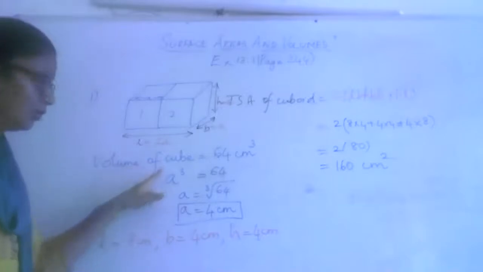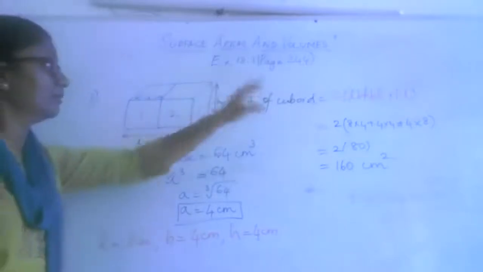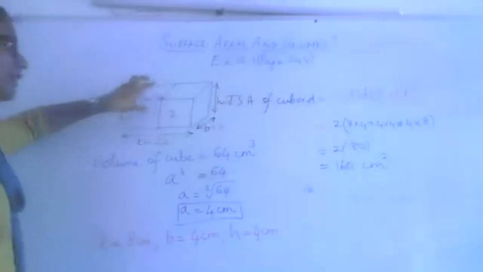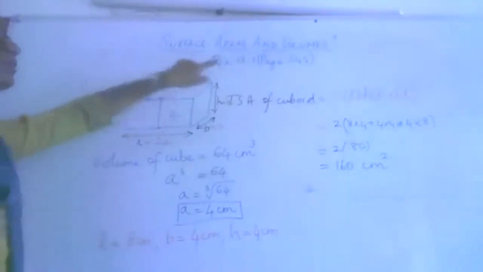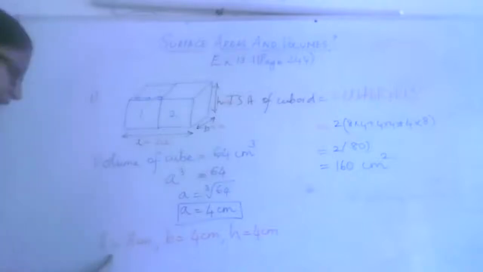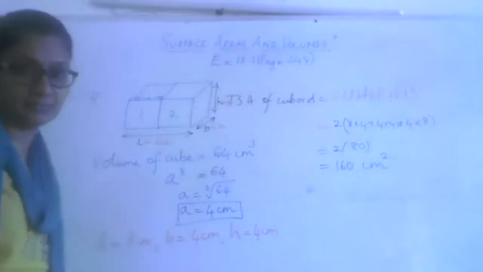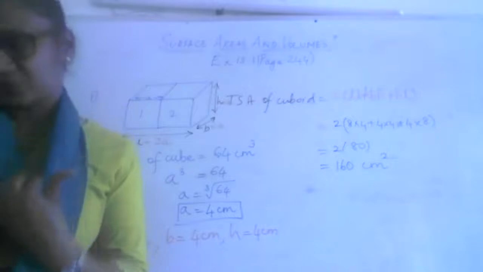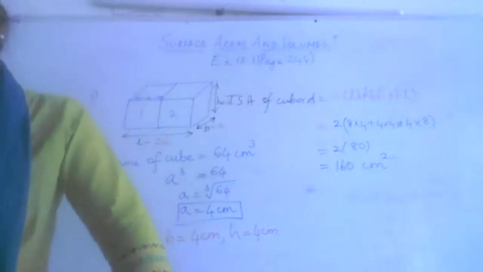The formula for volume of cube is already known to me. The formula for TSA of a cuboid is known to me. I have applied my knowledge of combination of solids to arrive at the area of a cuboid, provided I know its length, breadth and the height. Followed? Now we'll move on to the next, at least 4 problems we have to do in a 40 minutes class.